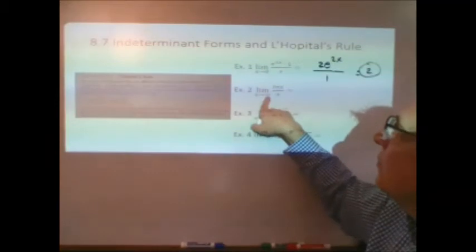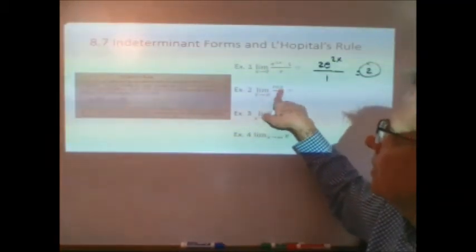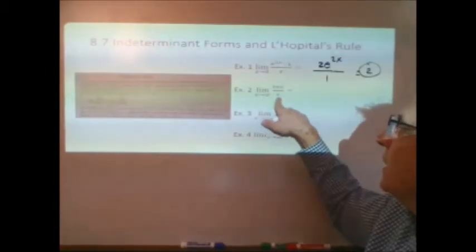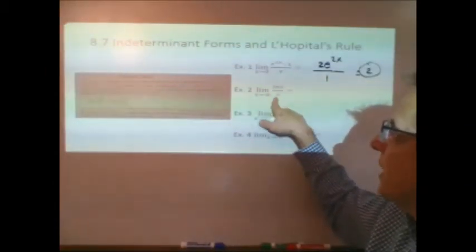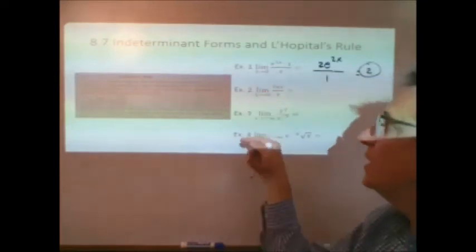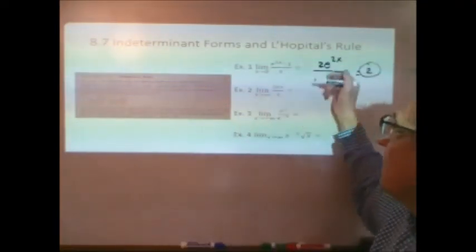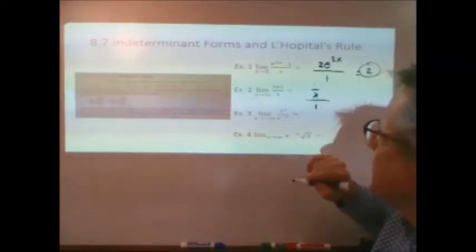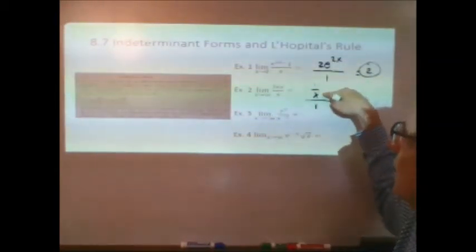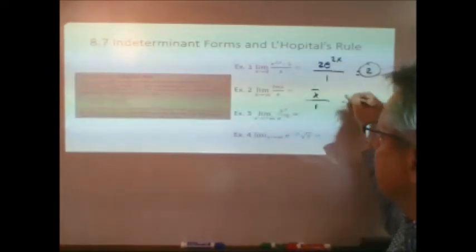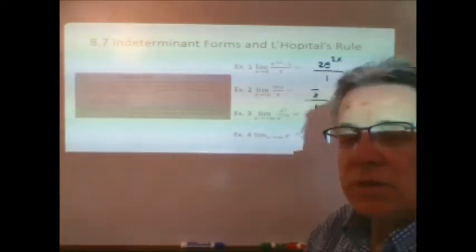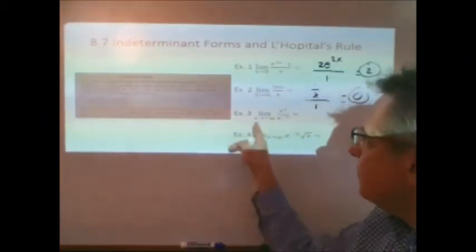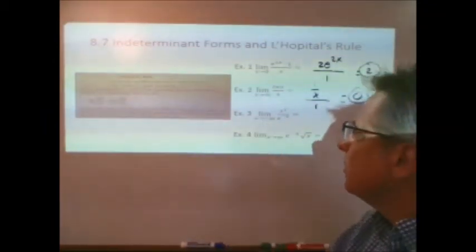If I put infinity in here into the natural log function, well, that would be very big, infinity. And infinity into x is infinity. So we have the indeterminate form, infinity over infinity. So let's take the derivative of the numerator and the derivative of the denominator. Now if I put infinity in here into 1 over x, I just get 0. And so, again, very powerful technique, very quick. In this particular example,